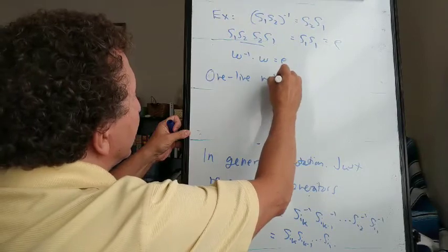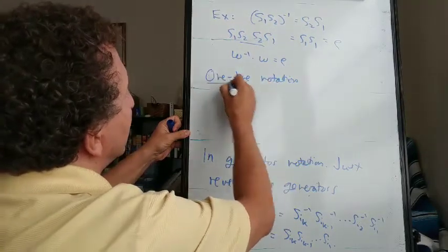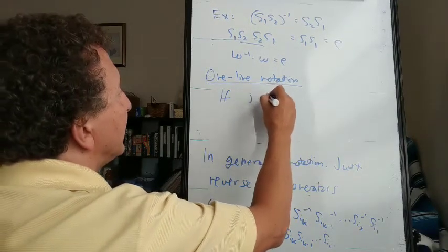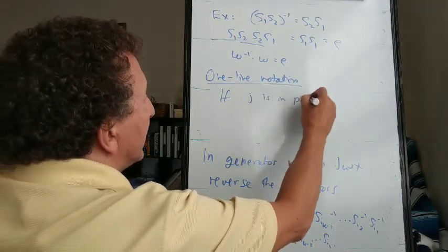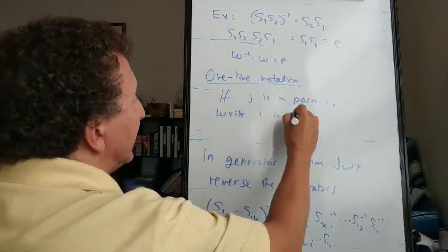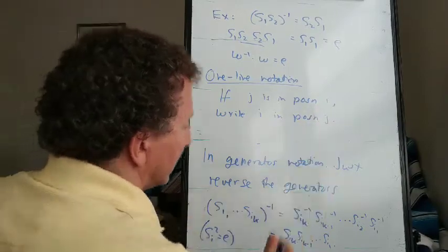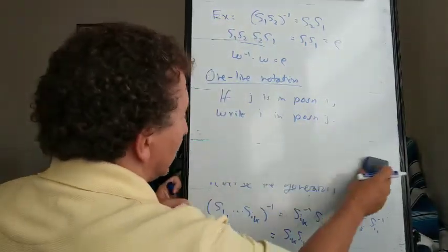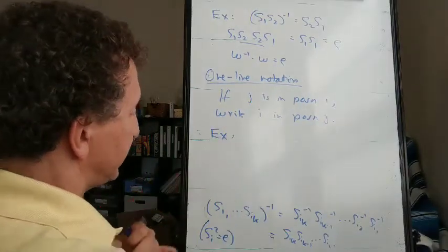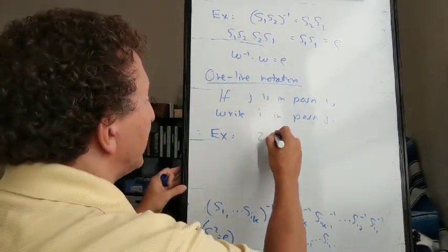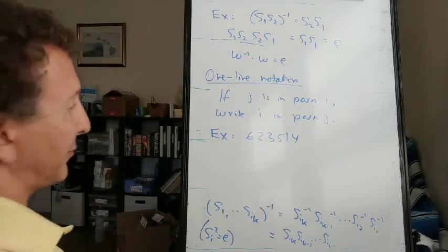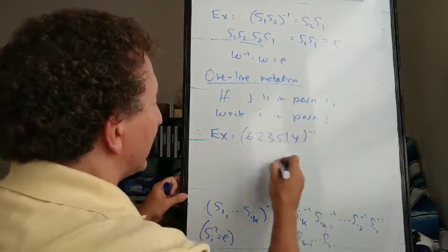In one-line notation, if j is in position i, write i in position j. So for example, if we write a permutation here, 6, 2, 3, 5, 1, 4 inverse is,